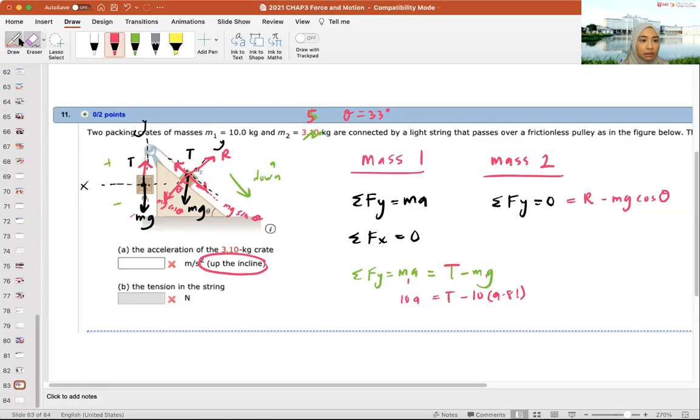Okay, so R, do we need to solve for R? Let's just do it. So R is equal to mg cosine theta, or in this case, it's mass 2. Mass 2 is 5 times 9.81 times cosine 33. And then for net in the Fx,